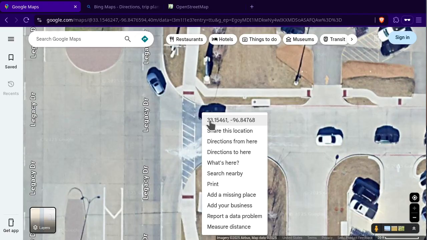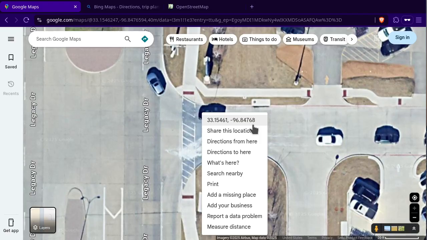This is all you need to know about this. The first number, if it is positive, that's north. If it is a negative number, that's south. The only reason you need to know this is that when you are putting coordinates into the Garmin, you will see on the latitude field that you can choose north or south. Ordinarily, it will be on the one that you want, but that's what that means. And on this one, if it is a positive number, that's east, and if it's a negative number, west. So this is a negative number, so this is north 33.15461, west